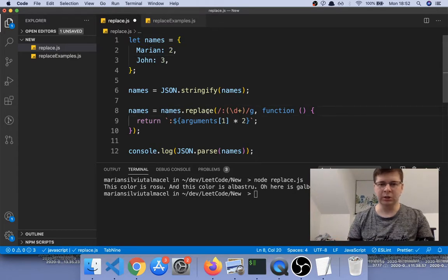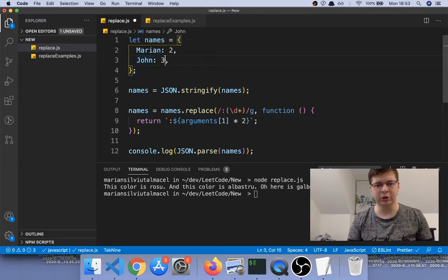What I'm doing here, multiplying all these values by 2, may be shorter or faster with some other approach, like mapping over the object values and multiplying them. But it's interesting, you can actually